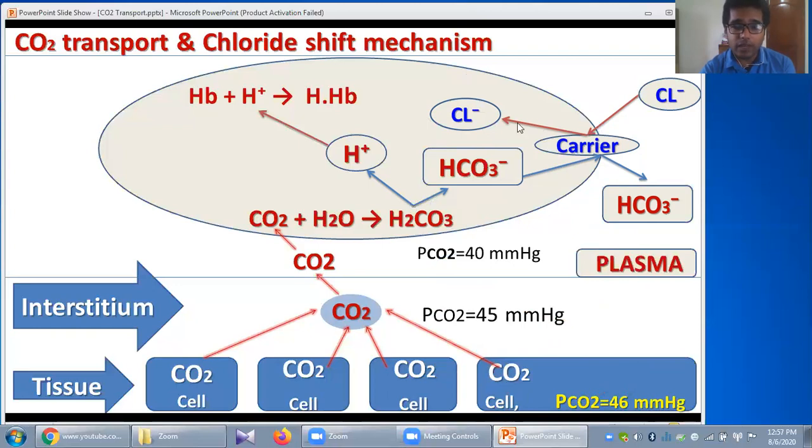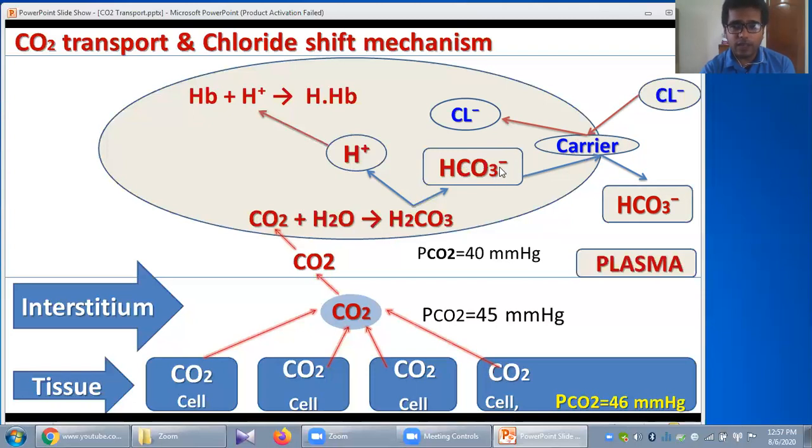Okay, so this counter exchange of bicarbonate with the chloride molecule across the red cell membrane that happens in the tissue capillary, this transport mechanism is known as chloride shift mechanism, where you can see that bicarbonate ion is getting out of the cell and at the same time chloride ion is getting into the cell. So what is the importance of this chloride shift mechanism? Here you can see by removing this excess base